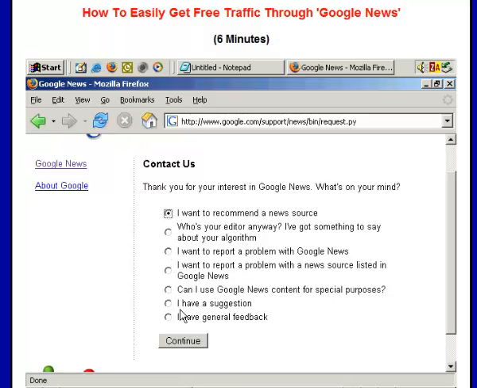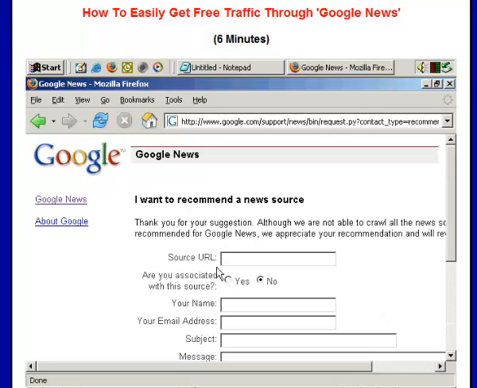So obviously if your site does have news, is up to date, and maybe even it may perhaps help if your site is industry specific rather than a general news site. So, if you feel your site is relevant for Google News, then there's no harm at all in suggesting it as a Google News source.